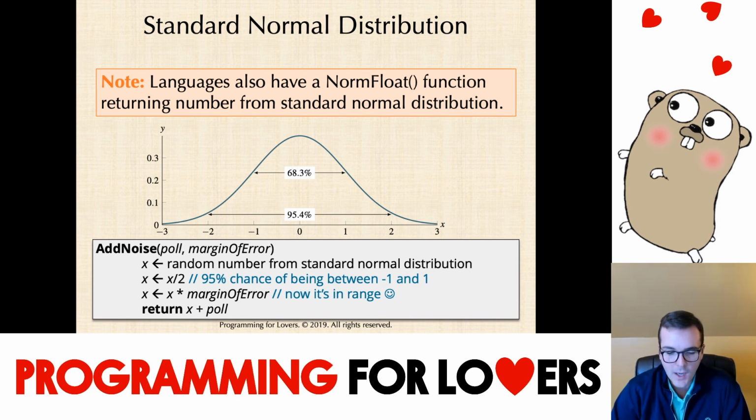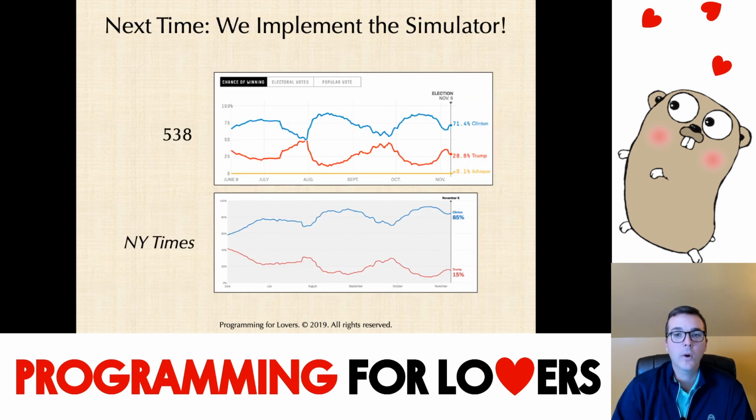Okay, and lo and behold, it's the same type of thing that we saw before with craps, where if we're planning code well and we're using modularity wherever we can and thinking about splitting it well, I'm doing this n times, so I need a for loop, and I'm going to use a subroutine that does it once, and that subroutine will delay the add noise function until later, and then I can handle the details. But all of a sudden, we actually have written on the level of pseudocode everything that we're going to need to simulate this election. I will provide polling data next time, and we're going to be able to implement the